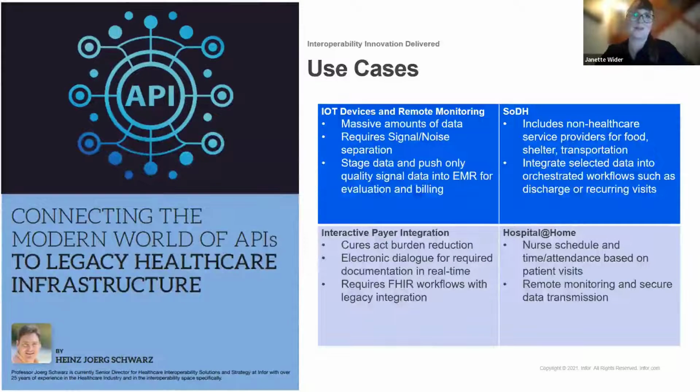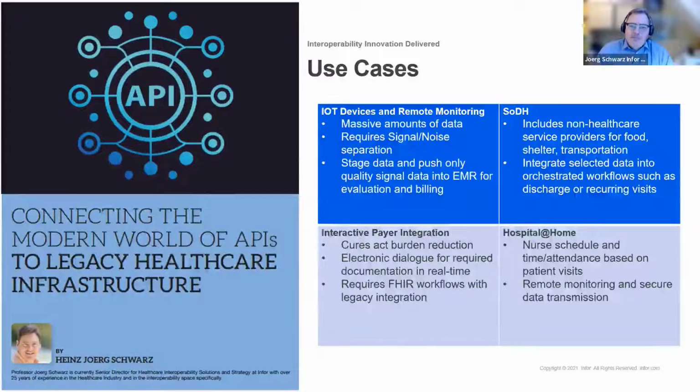Okay, so why is there so much interest right now surrounding this? I think it's because of the payer integration and the burden reduction workflow that now our customers, the providers, are paying attention to this, and obviously also at a bigger scale, the whole transition towards value-based care, where payers want more data for their value-based care purposes.